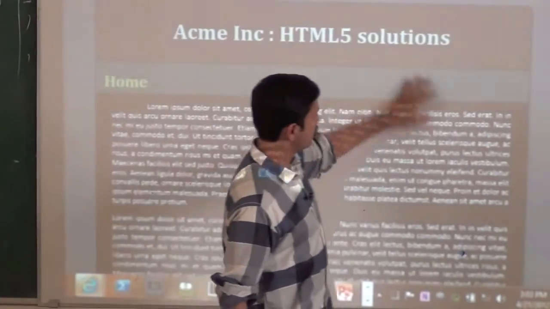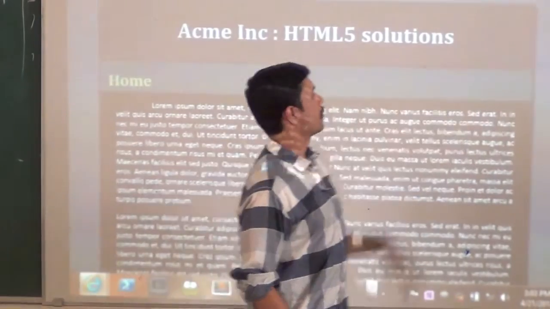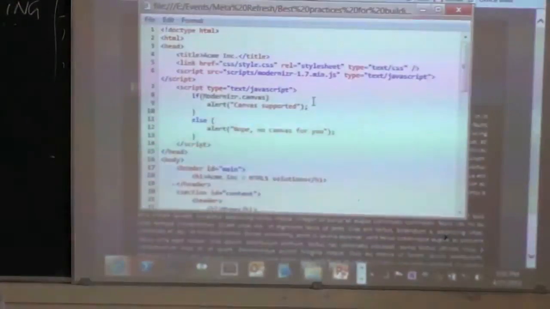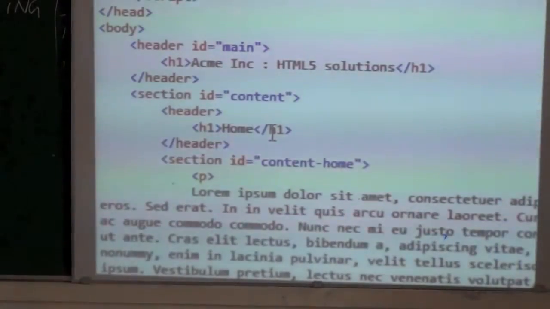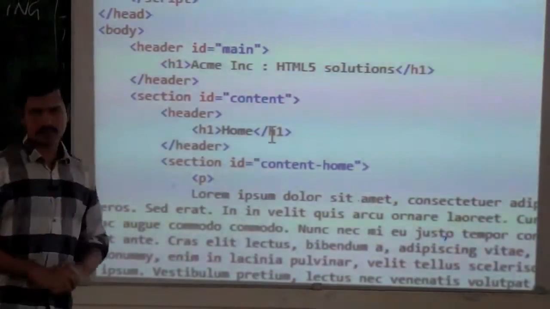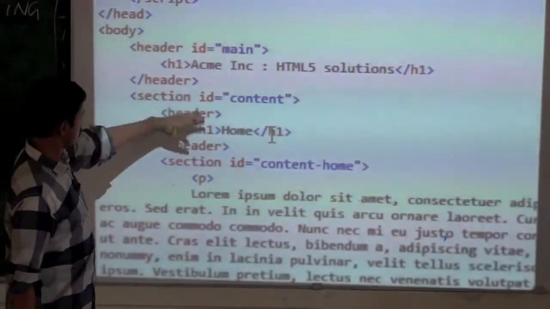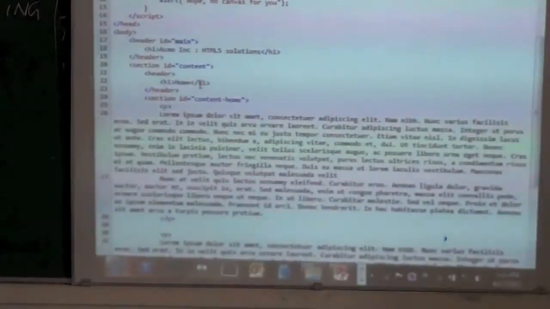Basically here, I have a few divs here, not divs. I have header, section, and so on. You can see that there's a little border radius, there's a little drop shadow. Let me show you the source for this. So, any standard page that you might use when you're using semantic tags. I have a header, I have a section, and inside the section I have a header and the H1. Here I have P and so on, right?